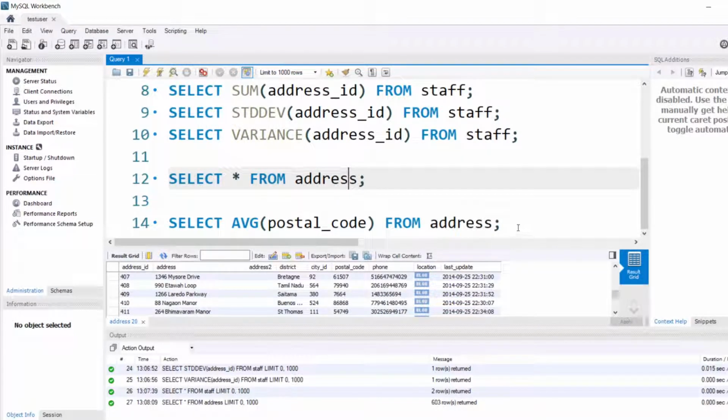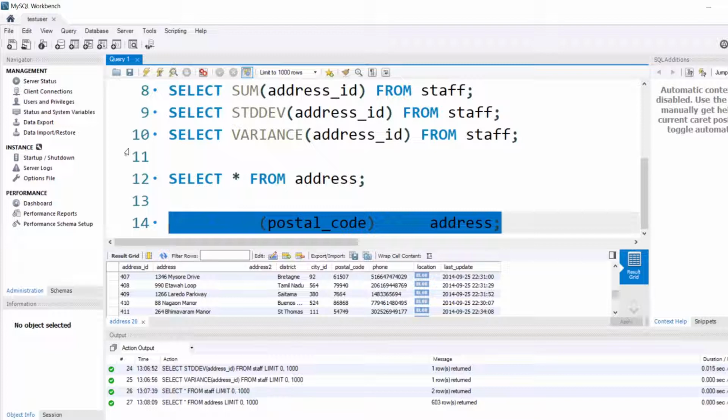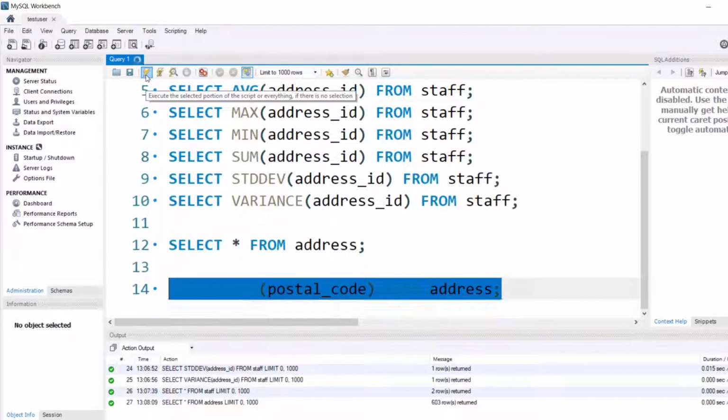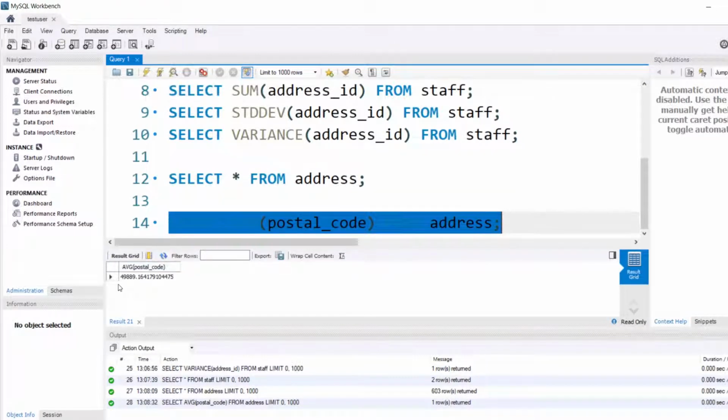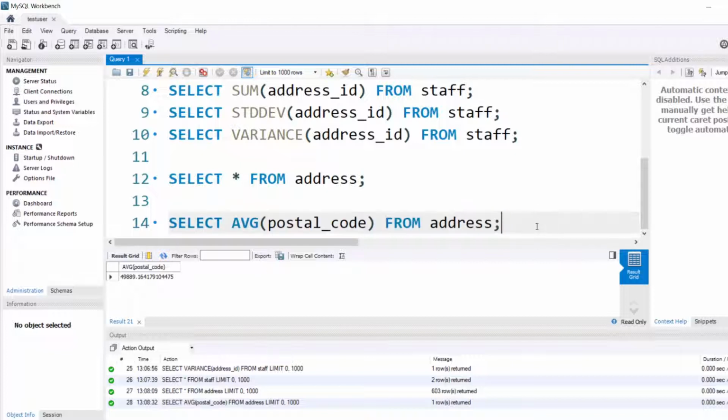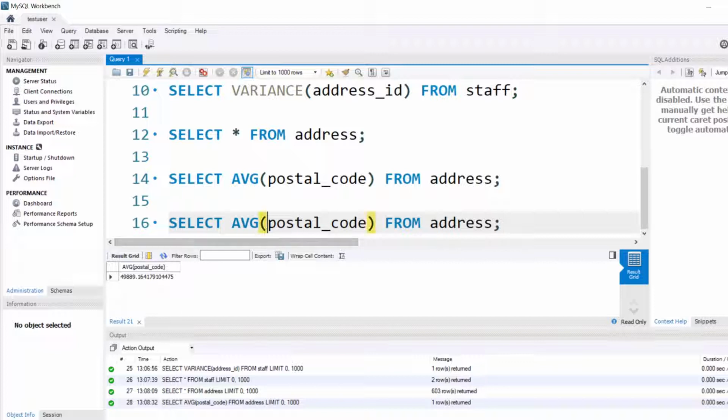Here I'm just going to compute the average of postal code without handling the null first. Then let us see what happens. So it is 49889. Remember that. I'm just going to copy this and say average of IFNULL of postal code, comma 0.